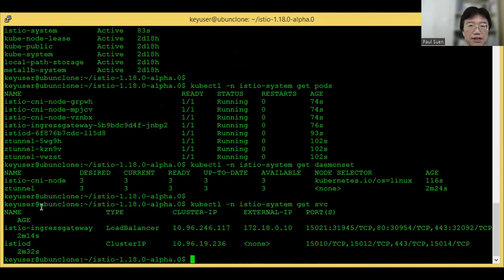And finally, we also checked that the Istio Ingress Gateway has already been deployed on the cluster as well.